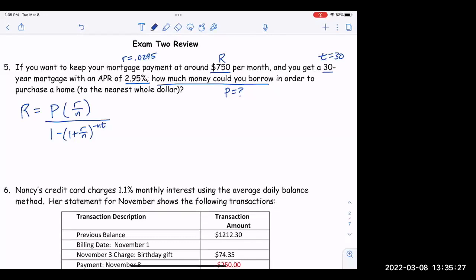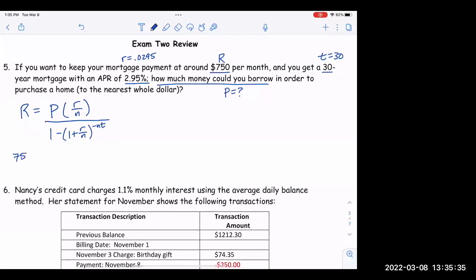All right, but this looks a little bit different. So it's important to write down all parts of your formula because I'm not plugging 750 in for P, I'm plugging 750 in for R. And so I would just leave P in my formula for right now and plug in everything else. This is going to be 0.0295